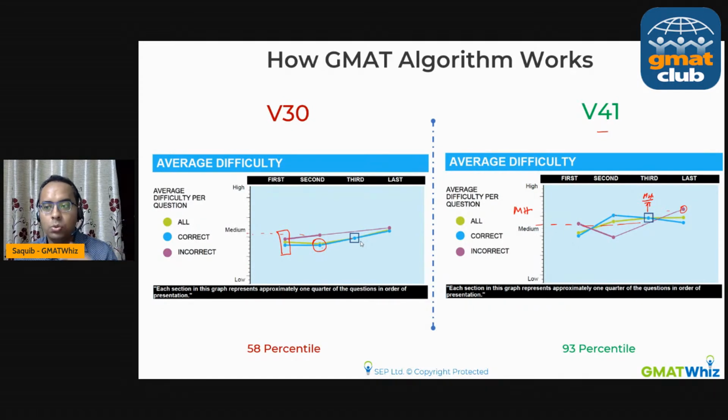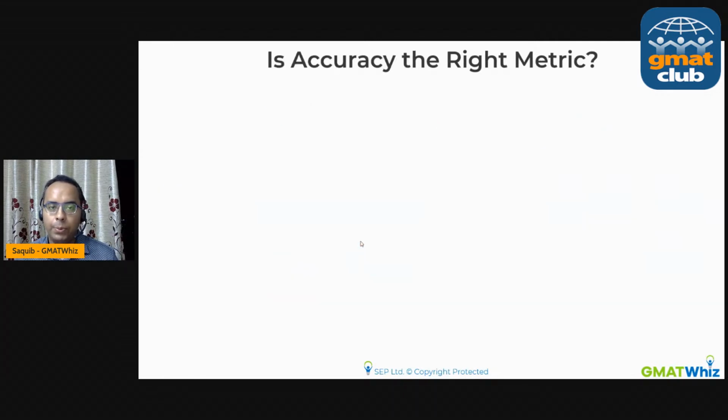And to get close to the score of V41, even if you make 2-3 mistakes, the drop nowadays is quite huge, so you're punished a lot. So it is very, very important for you to do well in the first 2 quarters. And the one small point which I want to add here is that is why I usually recommend people not